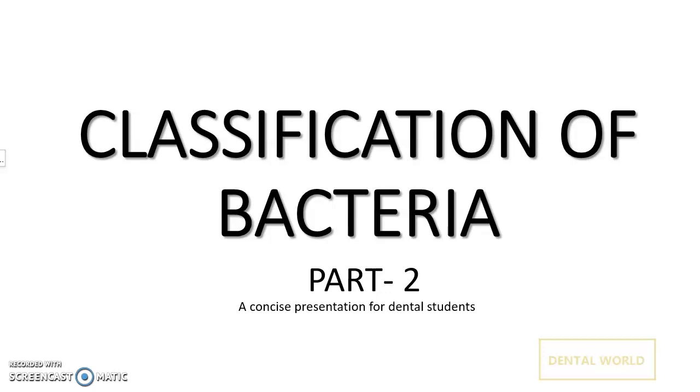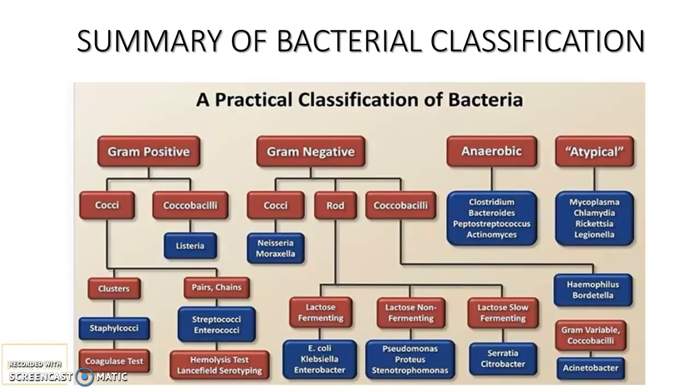This is a concise presentation for dental students. This chart shows a brief summary of bacterial classification. You can classify the gram-positive bacteria into cocci or coccobacilli. The cocci bacteria can be subclassified into bacteria that are found in clusters and those that are found in pairs or in chains. The cocci group of gram-positive bacteria that are normally found in clusters are staphylococci, and the staphylococci